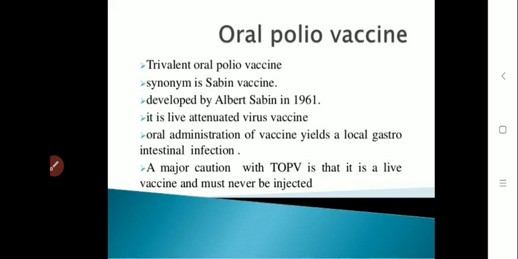Now, attenuated means here the viruses are grown in a foreign host. Now we know that viruses are very specific. If any virus causes disease in a human being, then it will only cause the disease in human beings. If any particular virus causes disease to plants, then that virus causes disease only to the plants, or they are host specific.